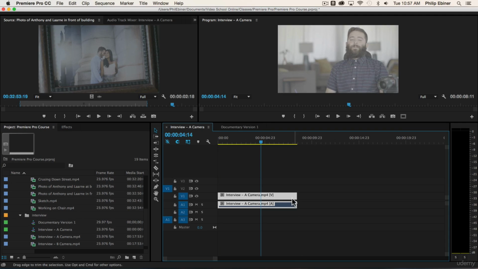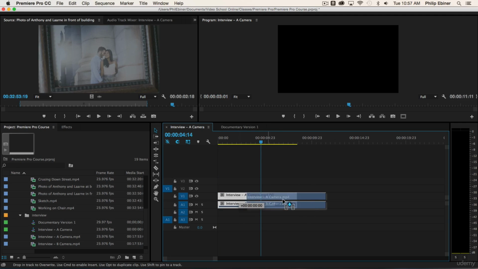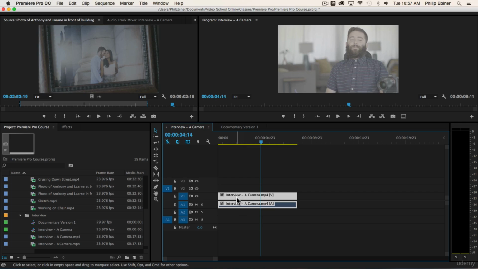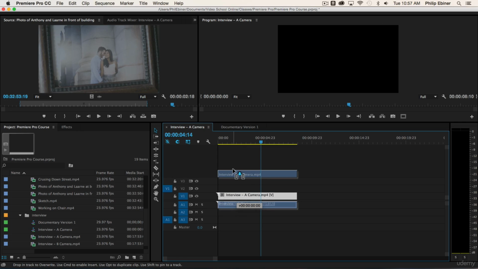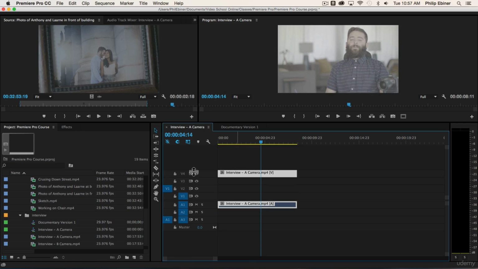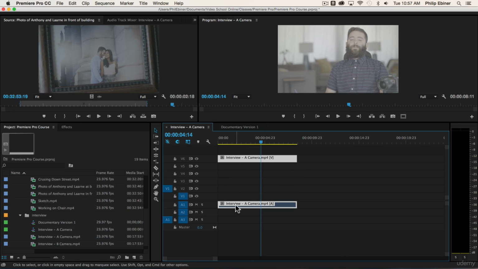I mentioned adding new audio tracks and video tracks. When you have a video clip on your timeline, you can literally drag it up into the empty space above the tracks to create a fourth video track or a fifth one or a sixth one. And same with the audio. I think I said audio before, but that was video. This is audio. So those are some more advanced tips for creating a sequence that has the perfect settings